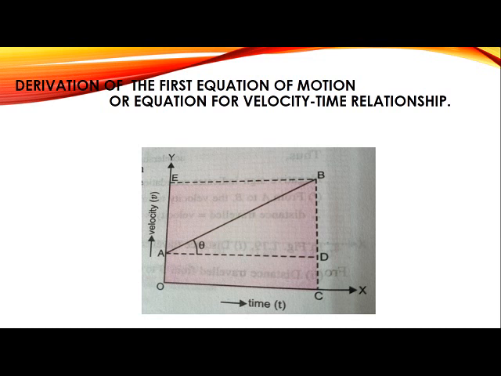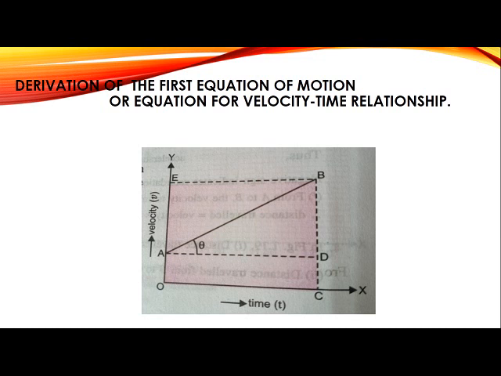So children, how much has the velocity increased? How will we find out? Let me give you a very simple example. Children, when you were in 5th standard, your weight was around 30 kilograms. Now you are in 9th standard, your weight is approximately 45 kilograms. So your weight has increased, right? How much has your weight increased? It has increased by 15 kilograms. How did you find out? The final weight minus the initial weight, right?